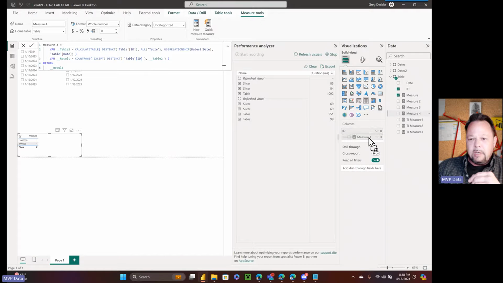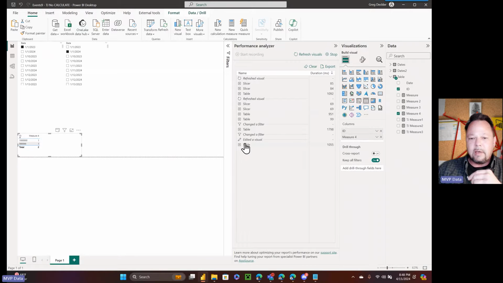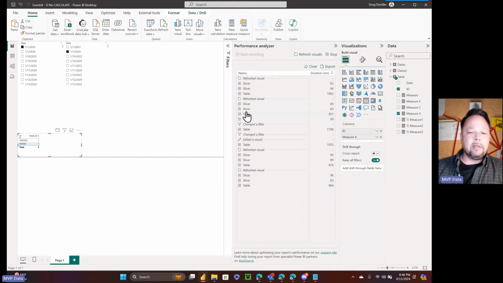And if we use that measure here, we did get a sub query right here of 888. In this case, well, let's go ahead and refresh the visuals. 870. So now basically it's 800 milliseconds, right? But they're still extremely comparable between those two measures. There's almost no performance difference, which makes me happy, right? No calculate, yes, once again, has beaten back the no calculate haters, and is successful.